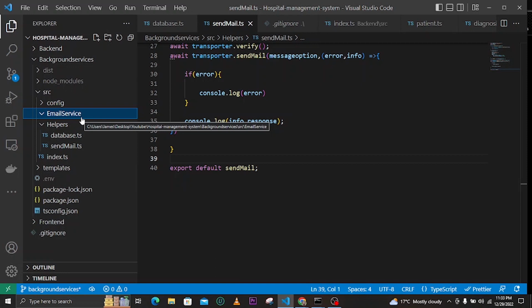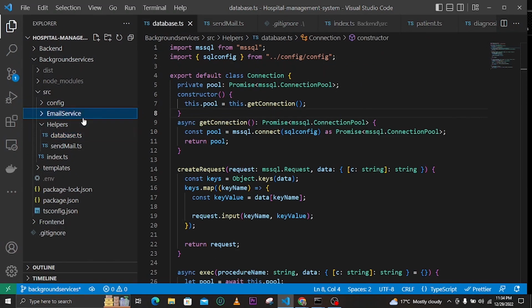Another thing is that we'll have an appointment email, whereby a doctor will receive an email if an appointment has been booked with them by a patient. We'll also have a welcome email that will be sent when a user has been registered in our system. And we'll have a diagnosis email, which will be sent when the patient has received